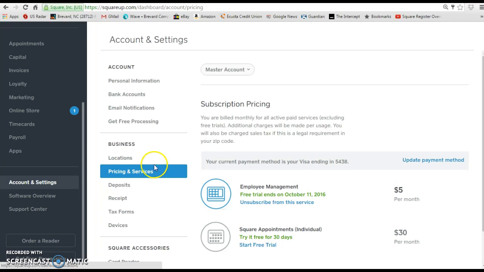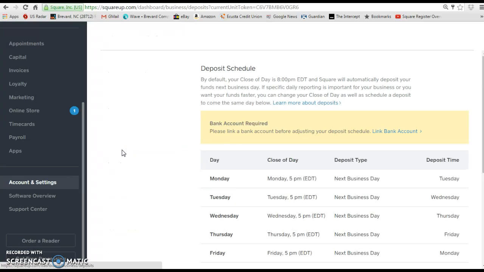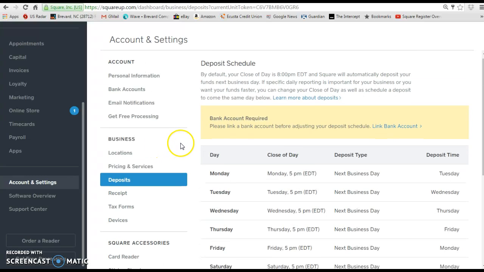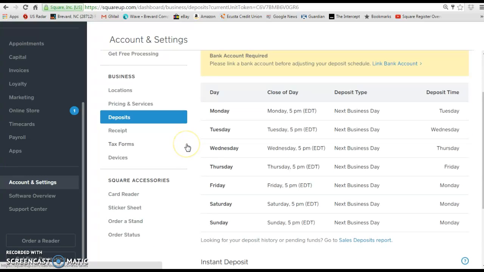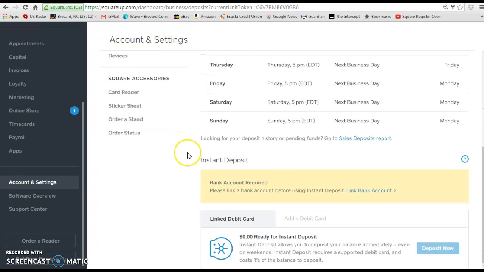We're waiting here. Okay, this is showing you what services you've signed up for so far and how much you're paying per month for these services. Okay, deposits, when deposits have been made. Okay, you can do an instant deposit, but